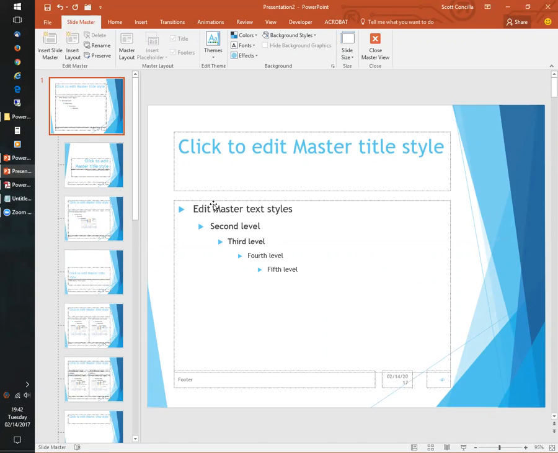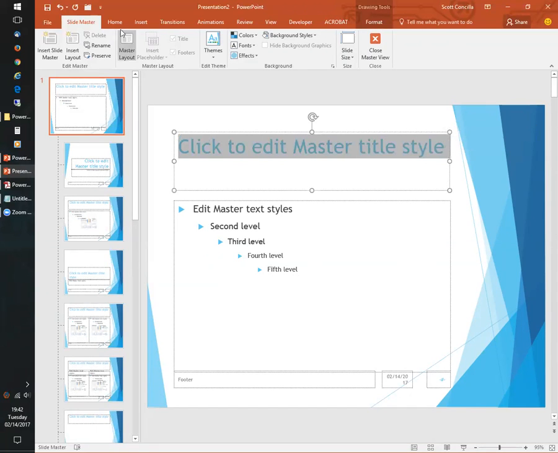If I change the formatting of any of this here, it's going to change on all of the layout masters. And then furthermore, any slides in the real presentation that use these layouts are also going to change. So let's see this in action. Under the click to edit master title style, let me just do something simple.